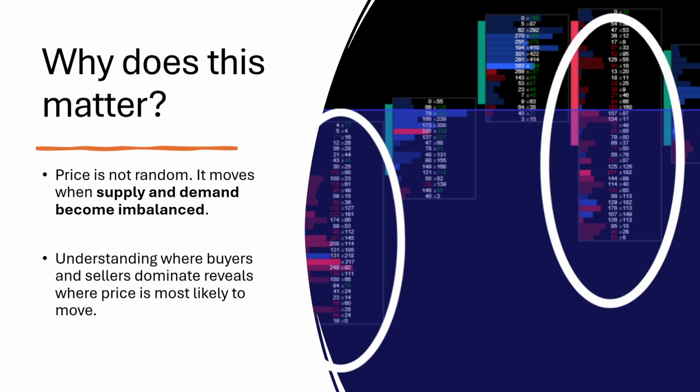And when demand is greater than supply, when there's a demand for something that outstrips supply, the price of that will rise. And so, from an order flow perspective, understanding where buyers and sellers are will allow you to loop back and understand whether you have an oversupply or whether you have an over demand. So if we just take a look at the image here on the right hand side, you can see here